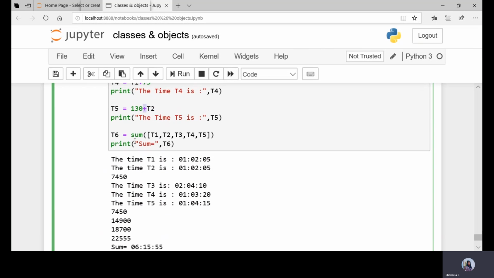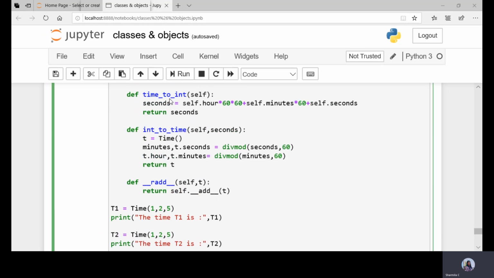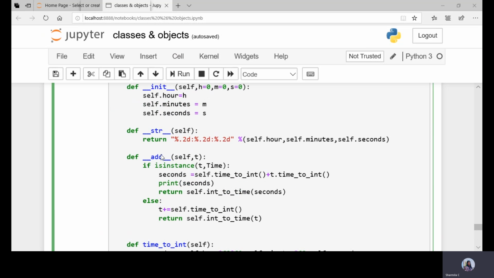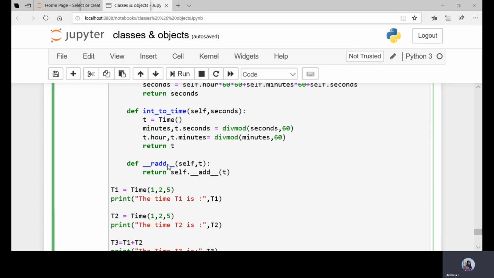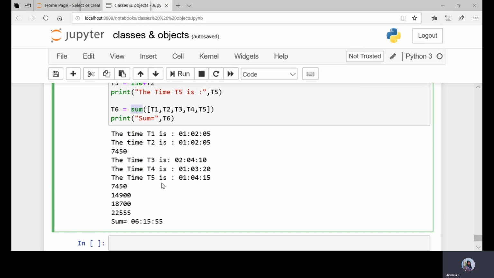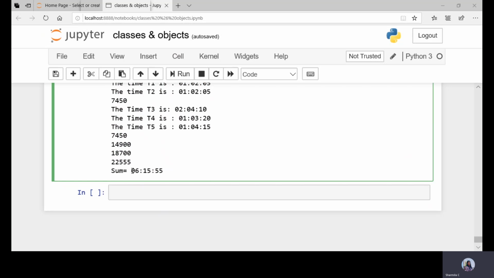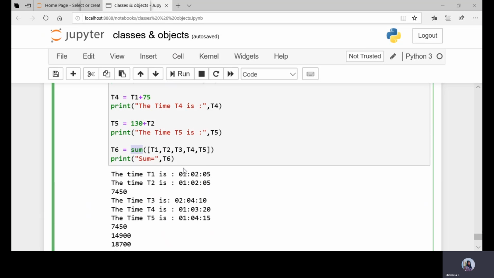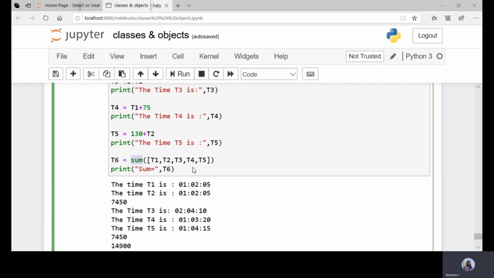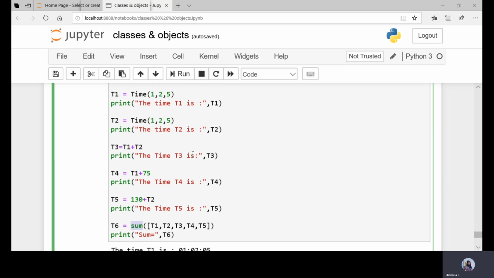Once again we are using a built-in function, sum, and adding all the objects. Internally, this sum function calls this add method multiple times and hence gives the appropriate result. This is how we can also use the built-in method sum and perform the operation.